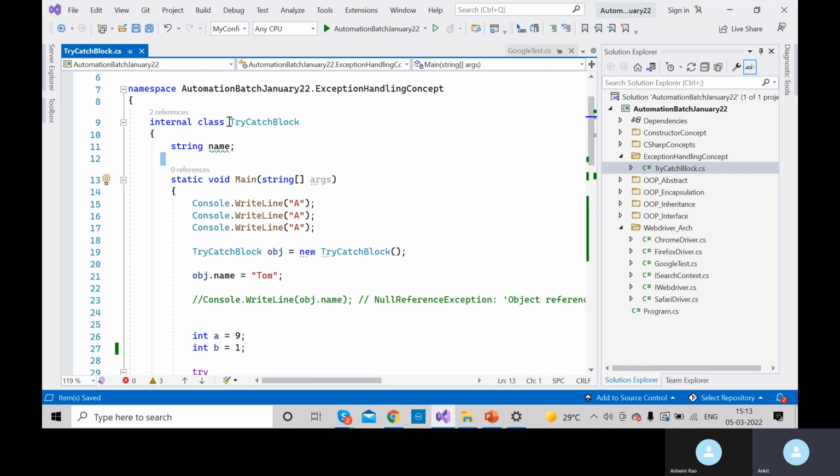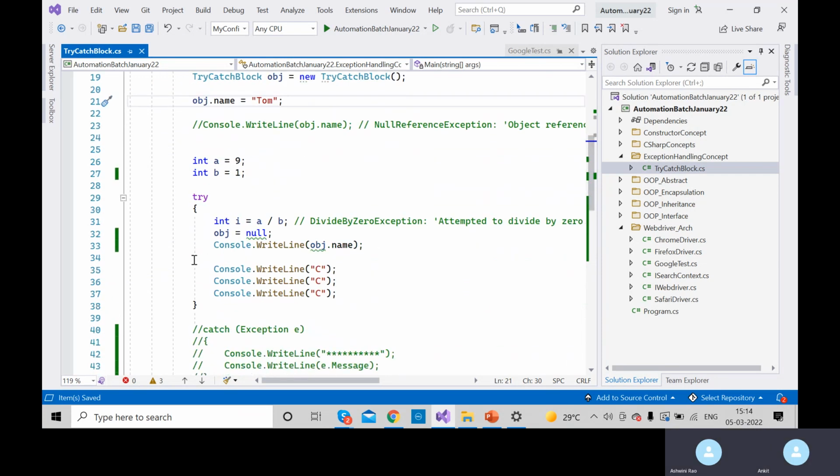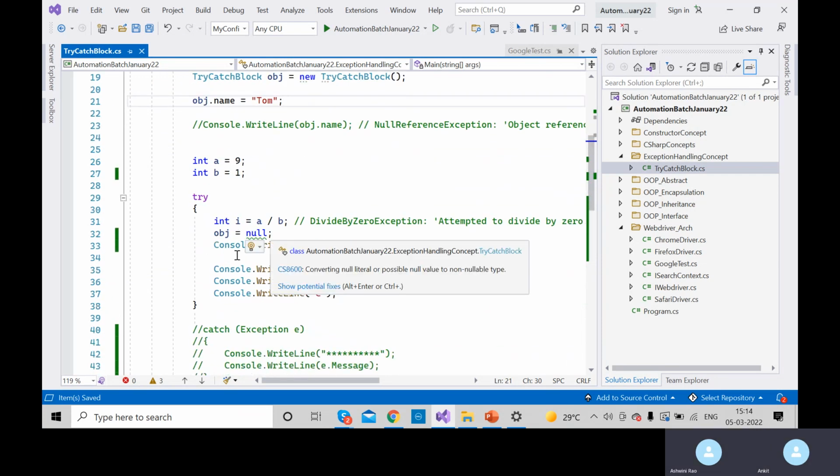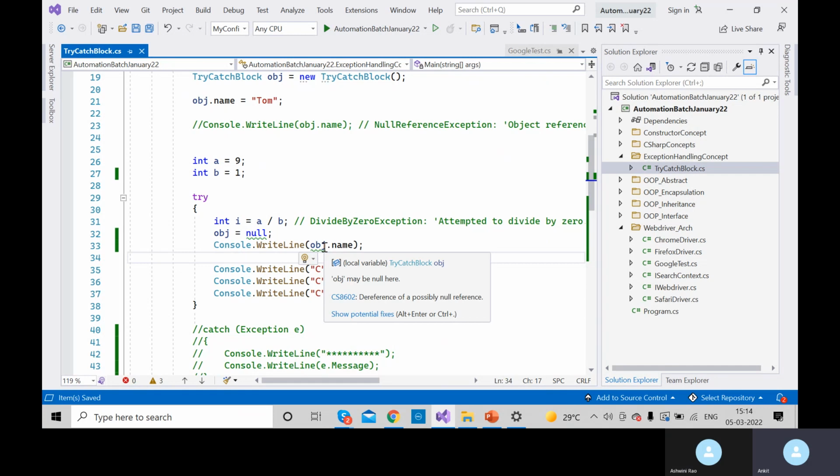For that, I need to create the object of the class, and then I give a value. Just after giving the value, I have assigned a null value to the object inside the try, and then I am trying to print